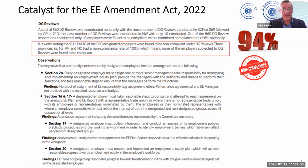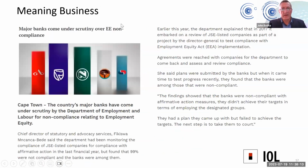More importantly, their Section 19 analyses, their affirmative action plans, the employment equity plans and their analyses do not properly represent the realities at the workplace, and then their plans are not making reasonable progress. Now, what we see happening is that the Department of Employment and Labour are saying, listen, we've had enough. We're now going to come to you and we're going to look at your plan and do a review. And if we see you're not committing and implementing your own plan, well, then we're going to take you to